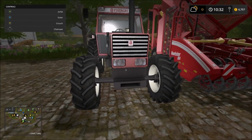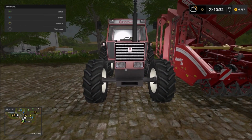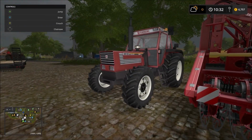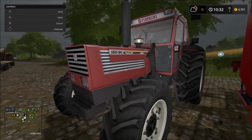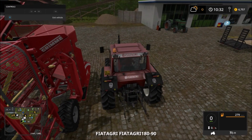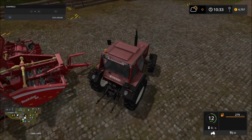This does take a front weight, which we are going to get. That's an optional part. And it can, I believe, front hitch trailers if you haven't got the front weight on, but I'm not quite sure about that. Maybe we'll try that at some stage. That's not this guy's job. This guy's job is to get around the farm now doing absolutely any job that he is called upon to do. And his first one